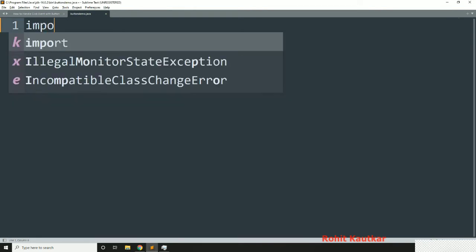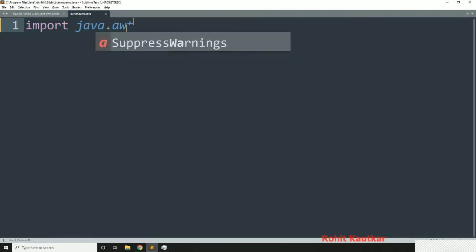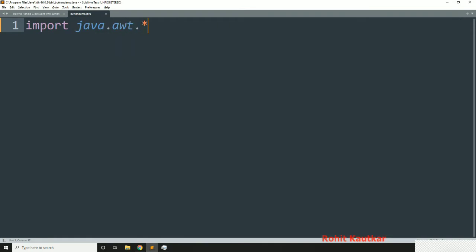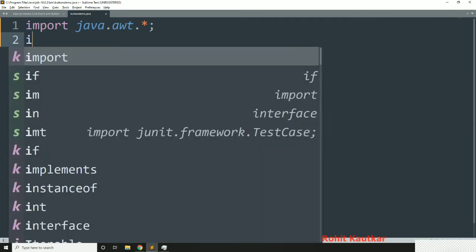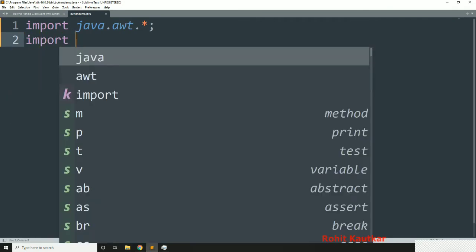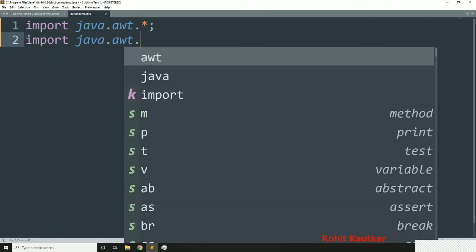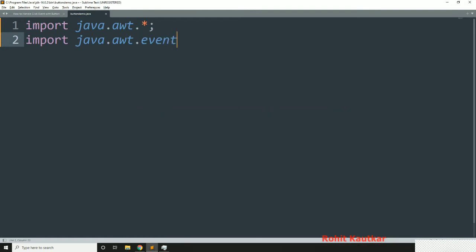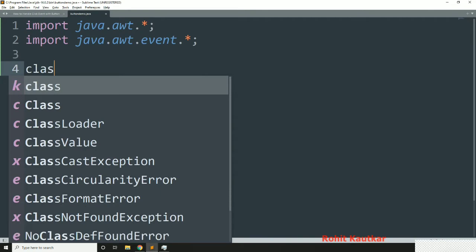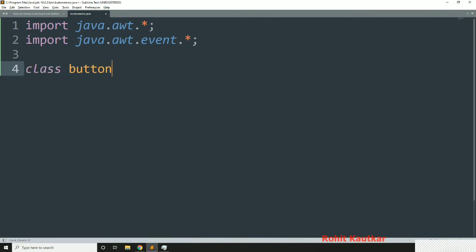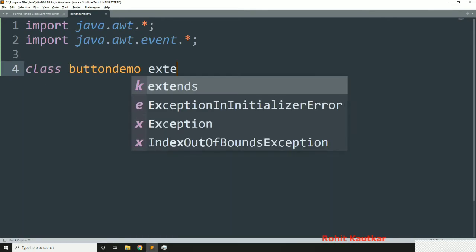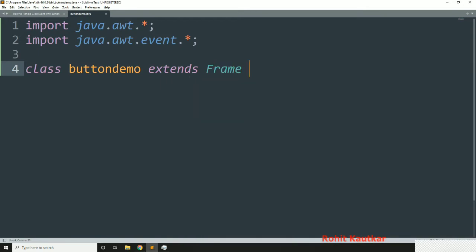Okay, now first of all I will import the package java.awt, and then I will import java.awt.event. Okay, now after importing packages we will create the class ButtonDemo which will extend the Frame class, and